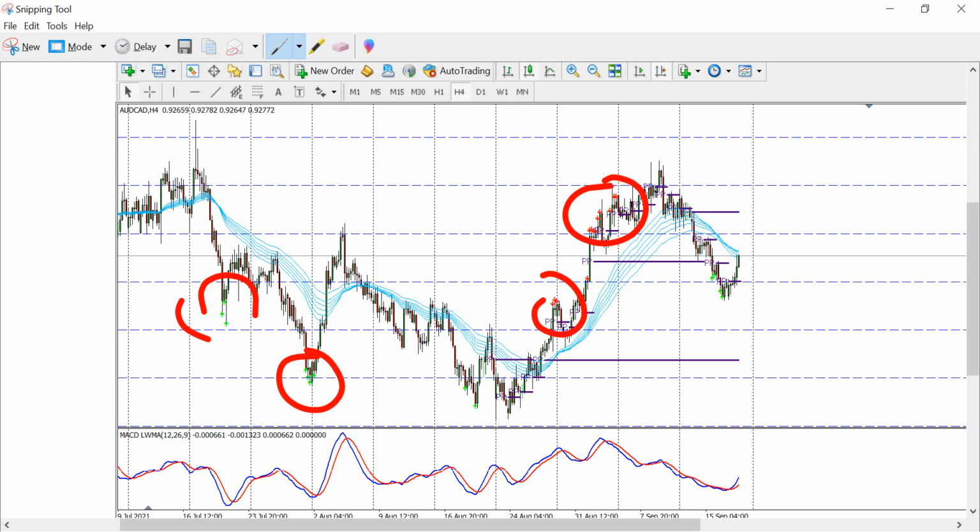Now, in this particular instance, I just have it set to 70-30 as the overbought, oversold, and just for the 4-hour chart. One key thing I probably should have mentioned is all my analysis of swing chains is pretty much done on the 4-hour chart. And the reason why I've only set it to the 4-hour chart